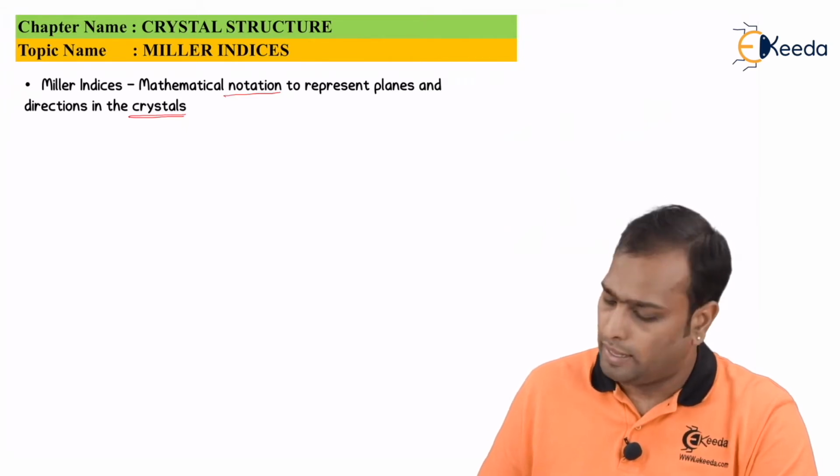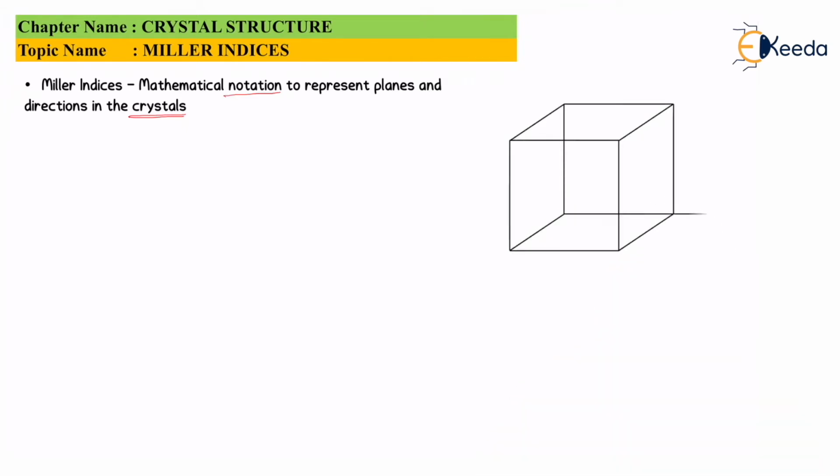So, to begin, we have a crystal. This is the x-axis, this is the y-axis, and this is the z-axis. Now, you can see the yellow one is the plane, and the red colored arrow is the direction vector. Now, this direction vector enables us to identify the position of an atom in the unit cell. Now, why is it useful?